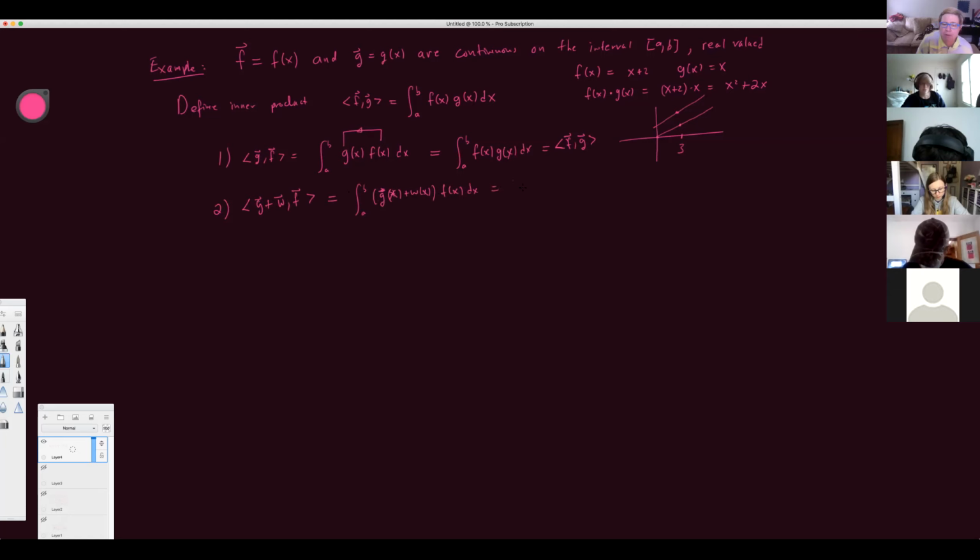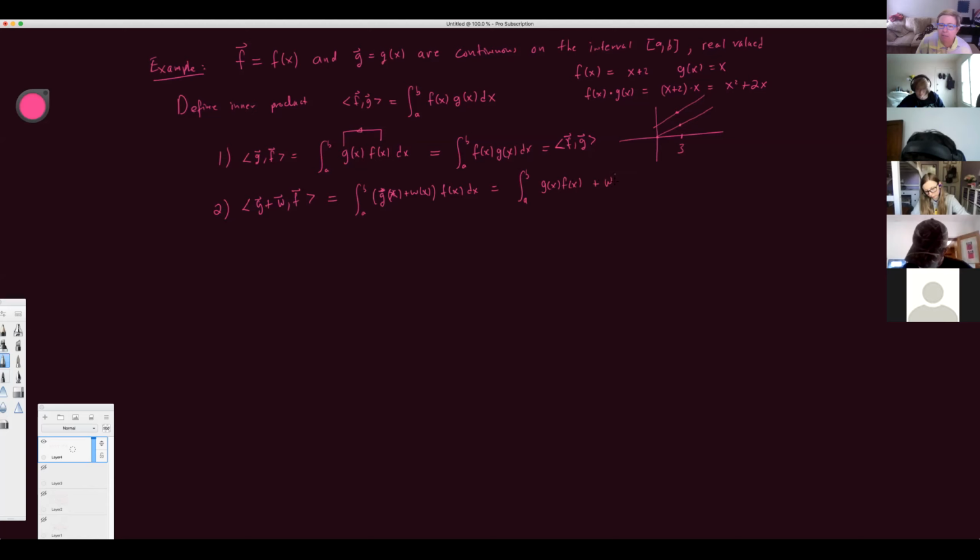And of course, by regular old algebraic manipulations on functions, you can show that this is the integral from A to B of G of X F of X plus